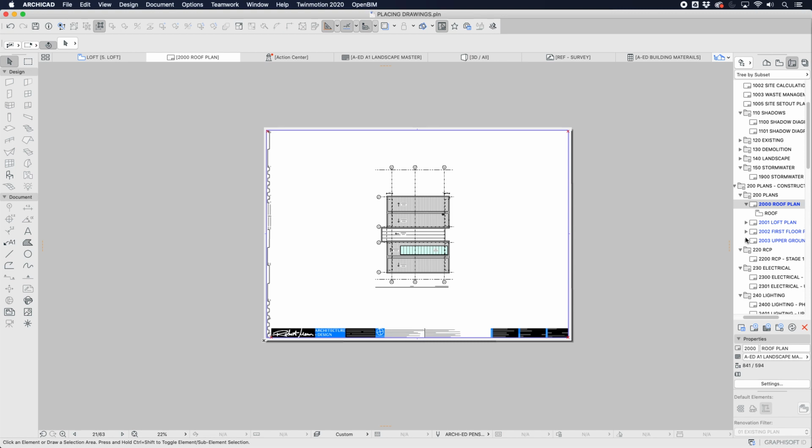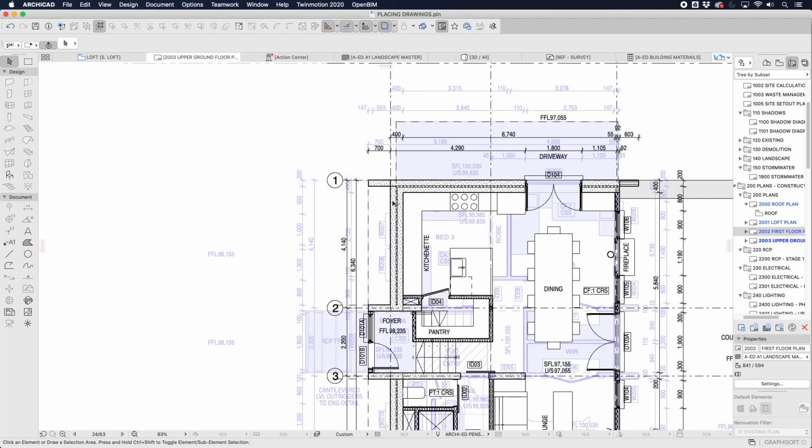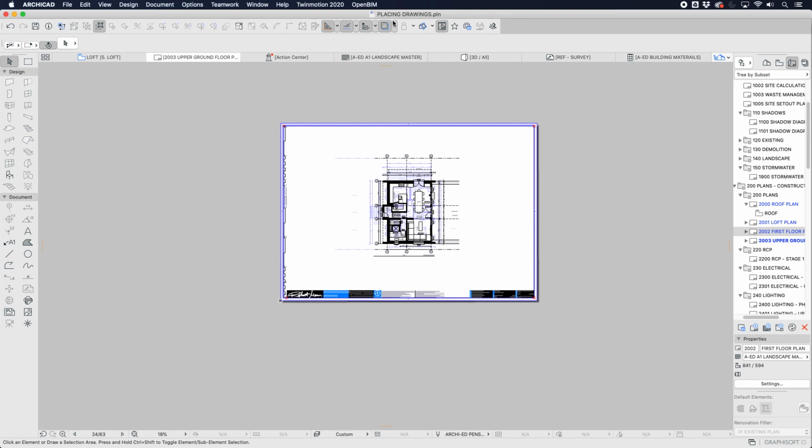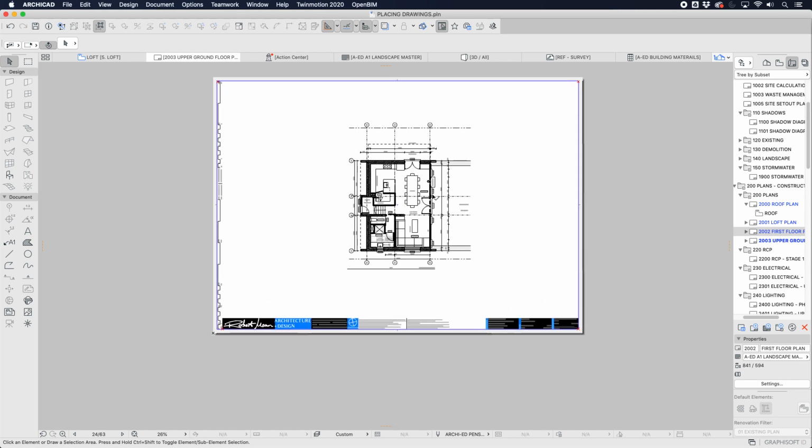If I wasn't sure, of course, what I can do is go upper ground floor, show as trace reference to first floor, and we see that they're perfectly aligned. Now, of course, I'm just putting one thing on a very large layout. This is an A1 drawing, and it's a relatively small house, but I work with some very, very large projects as well. So in this case, it's really just to keep it simple for the sake of this video, but